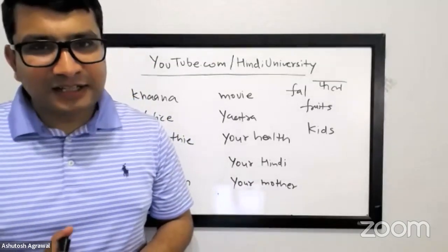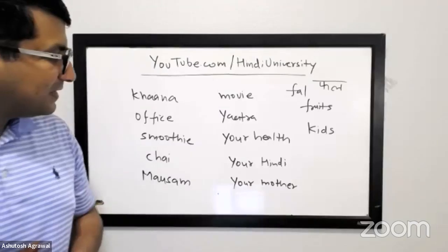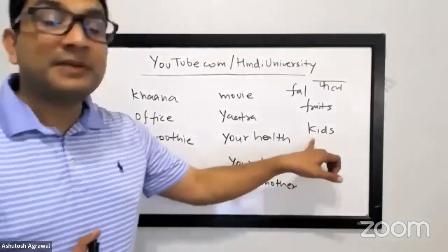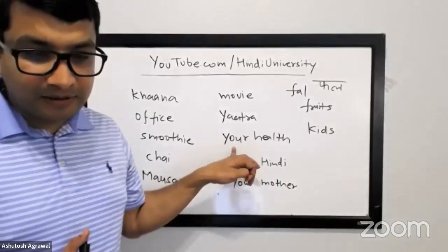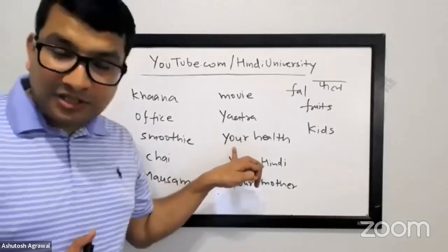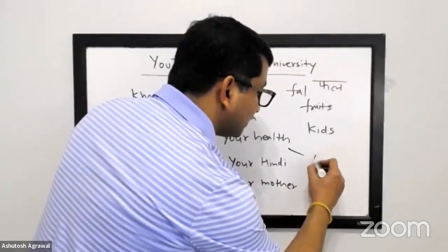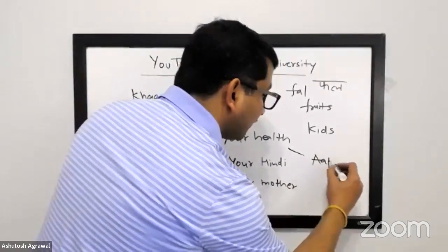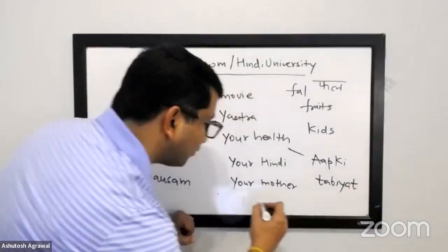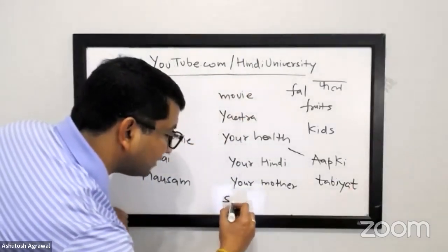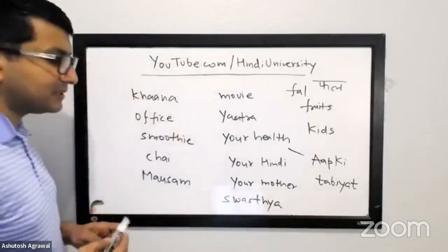Colette Ji. Just pick a word. आपके बच्चे कैसे हैं? How are your kids? आपके बच्चे कैसे हैं? Do one more. How's your health? आपका स्वास्थ्य कैसा है? और आपकी तबीयत कैसी है? Okay. So स्वास्थ्य is masculine, that's why you used आपका. For तबीयत, it's आपकी तबीयत कैसी है? I'm going to write down स्वास्थ्य as well. आपका स्वास्थ्य कैसा है?